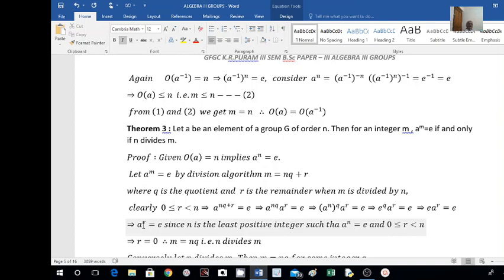So a raised to r equal to e, since n is the least positive integer such that a raised to n equal to e. From this we can write r is equal to 0. r must take the value 0. If r equal to 0, then I am getting m equal to nq. If we get m equal to nq, then we can say that n divides m. This is one way. And the converse part is,